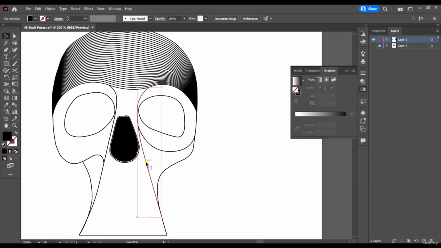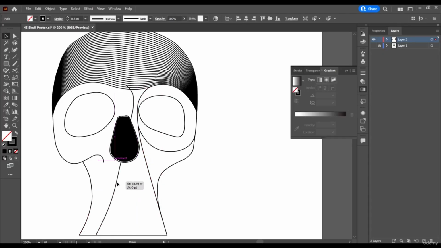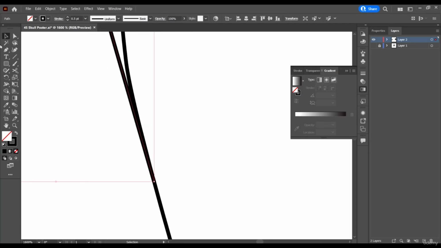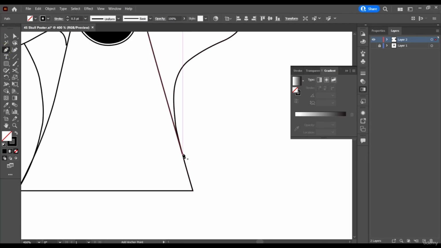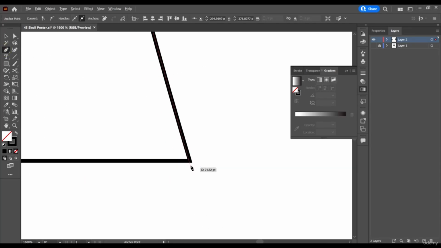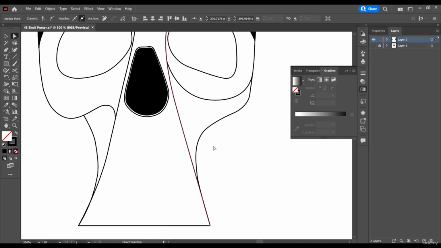And then select this guy here, this guy here. And we want to actually blend them, but we want this one to actually reach the ground. So let's continue our shape to the ground. Let's just bring it here and then use our Anchor Point tool and fit it here perfectly.